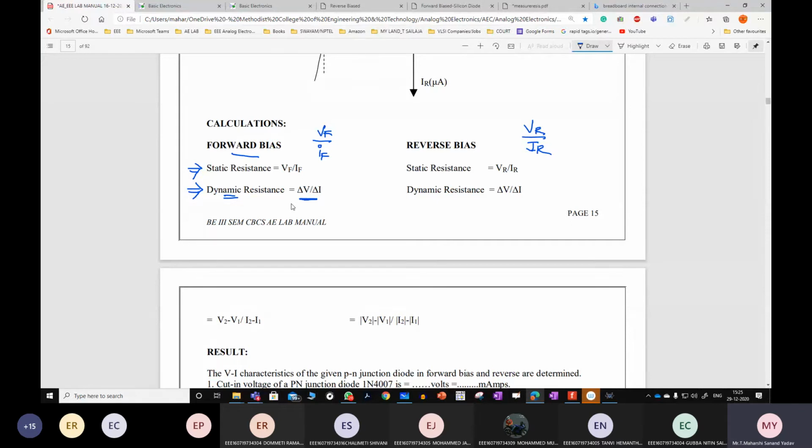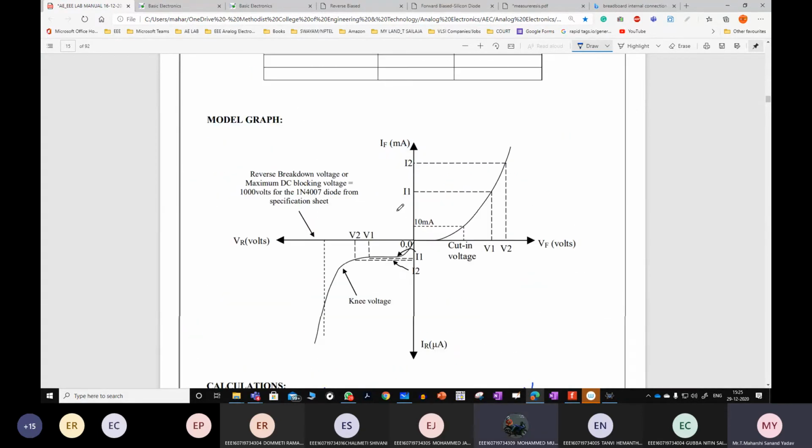Before plotting the graph, will you calculate, or after plotting the graph will you do it? Dynamic resistance part, after plotting the graph. So this is the VI characteristics, VF, IF, and this part is very important, milli and micro. These are reverse bias characteristics. These are forward bias characteristics. And this is the cut-in voltage. If you are going with silicon, it can be either 0.6 or 0.7, generally considered as 0.7. Or if it is germanium, go with 0.3.